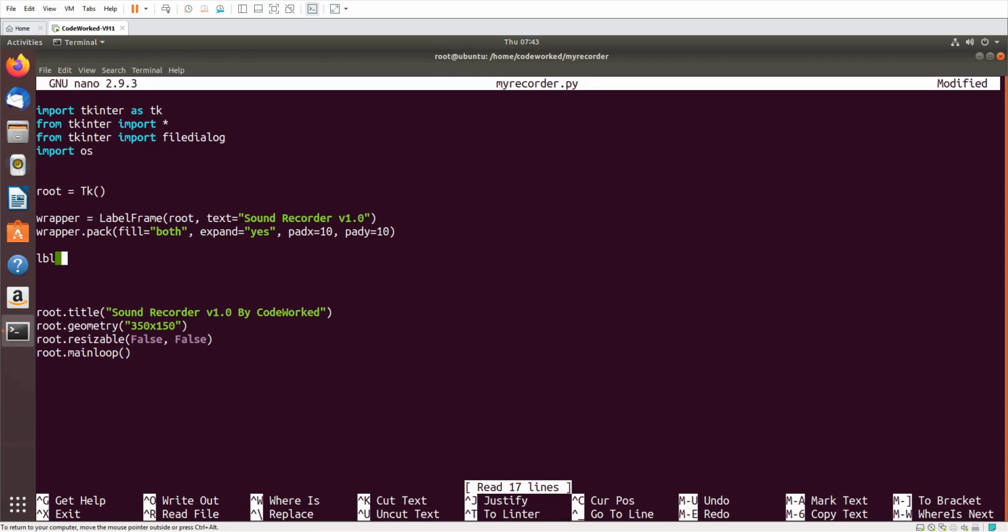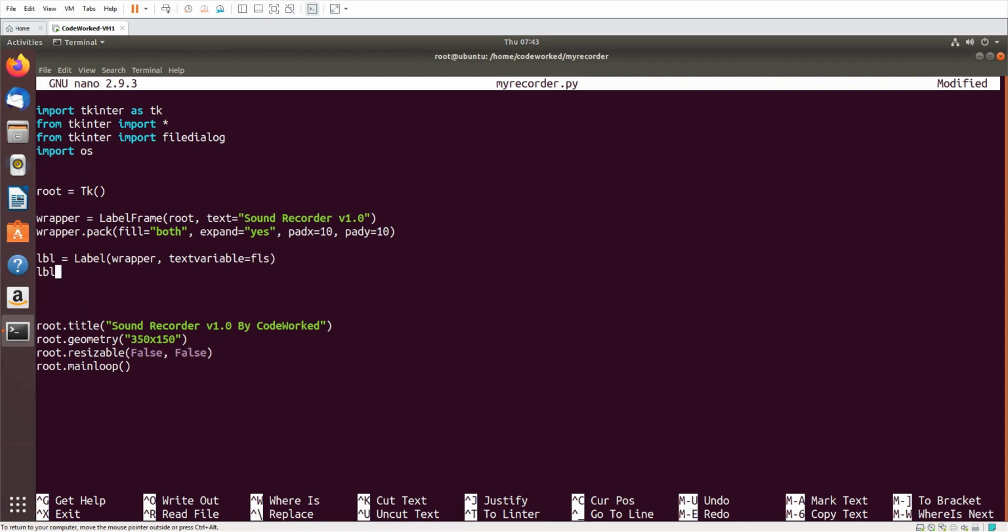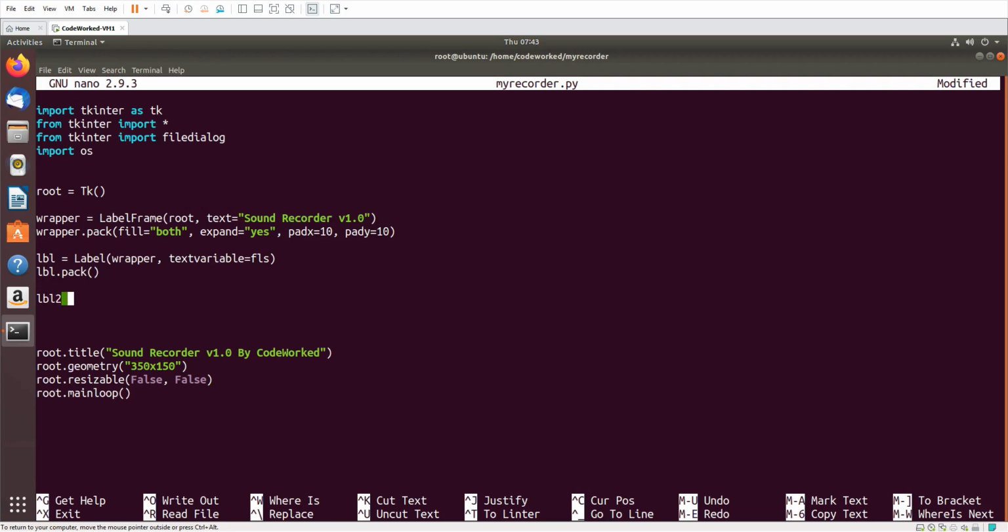Let's add a label, wrapper, text. No, I will use textvariable here, fls. Okay, lbl.pack, and here lbl2, second label. I will tell you why I am creating these labels.